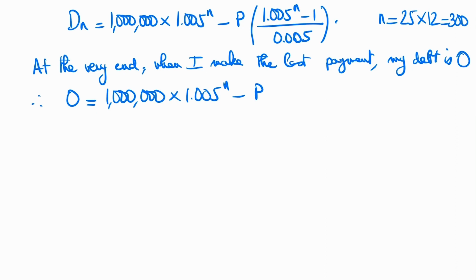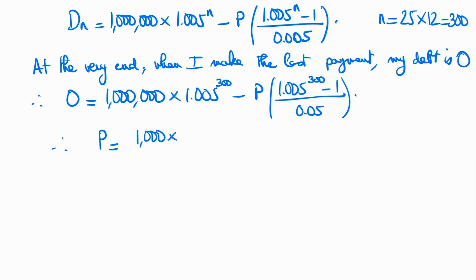So that means that n is equal to 300, times 1.005 to the power of 300 minus 1 over 0.005. So therefore, P is equal to 1 million times 1.005 to the power of 300 times 0.005 over 1.005 to the power of 300 minus 1, which if I plug that in the calculator,